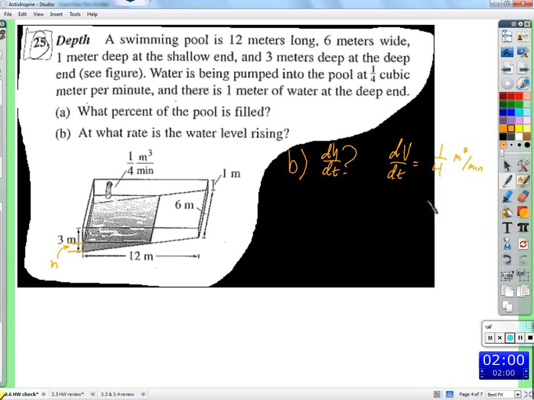So you're going to write an equation that you're going to take the derivative of. And the derivative is going to include dH/dt and dV/dt. And you need an equation that has the height of the water and the volume of the water in the same equation. Is there a relationship between the height of the water and the volume of the water? Absolutely. Maybe we can just write it down. The volume of the water is equal to